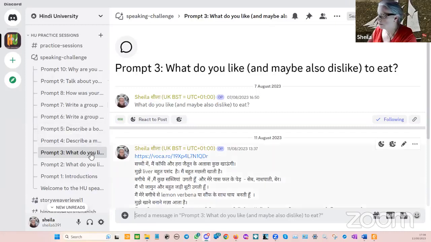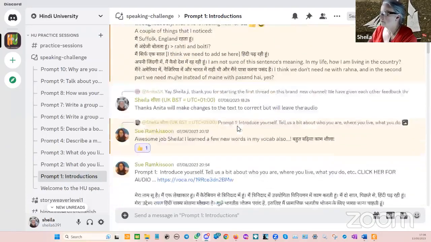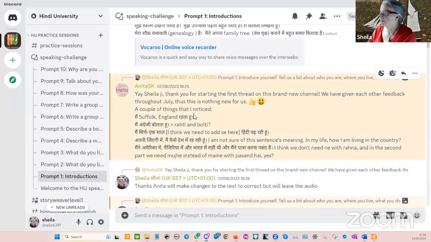Most of us have actually tried to write in Devanagari as well. So sometimes we make a few typos in there, which will be good to pick out. In fact, on my introduction, when I first did it, Anita G did pick out a couple of things that I got wrong, which was great as a first post so that people can see that. Once you get access to this, you'll see that people have been quite open about commenting. Sometimes it's just a comment back to say they understood and to comment on something that was said. But as I say, more advanced speakers, please comment.